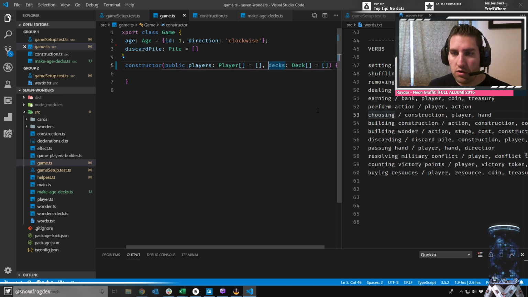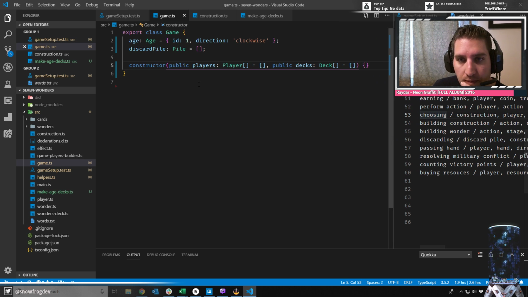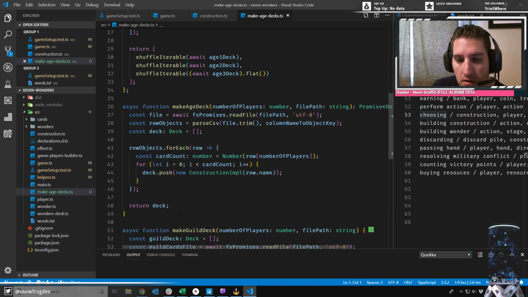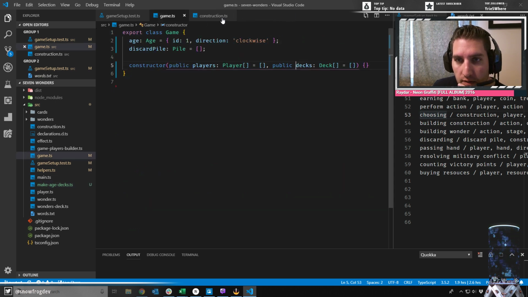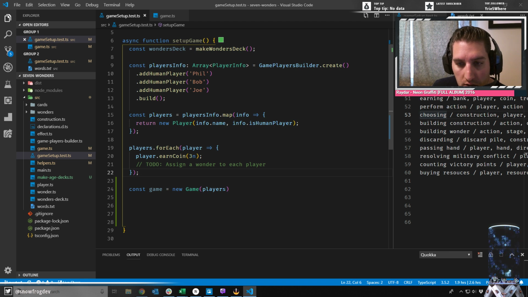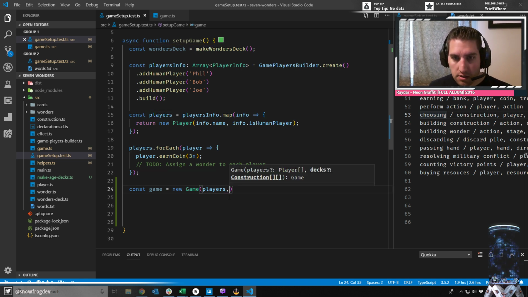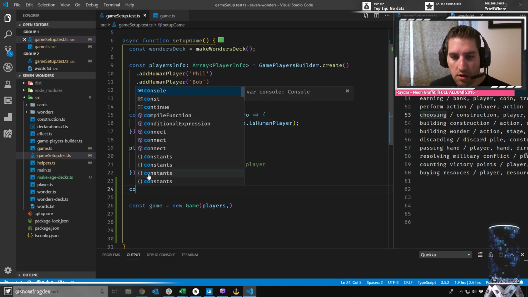Anyway, so let's just put it in the constructor. So then I could, wrong file, don't need this. Players, and then I could just grab, oh, yeah, I need to have my decks. That's where, okay, so